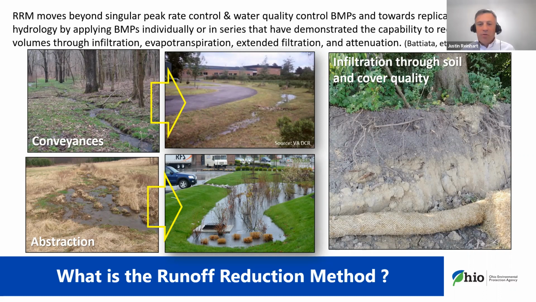Can we develop the initial abstraction that's incorporated into those models, or that initial loss of rainfall that does not get converted to runoff upland of the practices? Can we take advantage of utilizing soils to maximize the infiltration rates that are connected with those models for the type of soil and the land covers that go along with them? So these are the things we're trying to utilize, these internal built-in hydrologic tools, in order to design and place BMPs